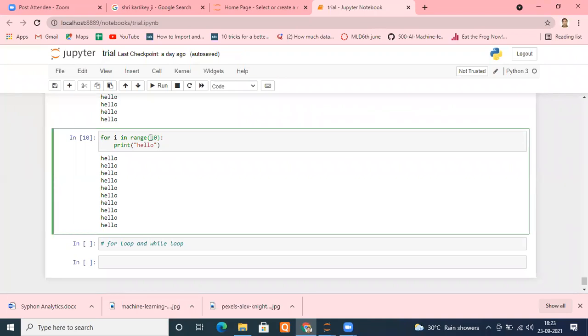Suppose I'm designing a guessing game in which I ask you to guess some password that I have set. The game name is guess game, in which you will guess the password I have set, and I want to give you only 3 chances. This is one way. The second way is that I will allow you to enter the password as many times as needed till you succeed.